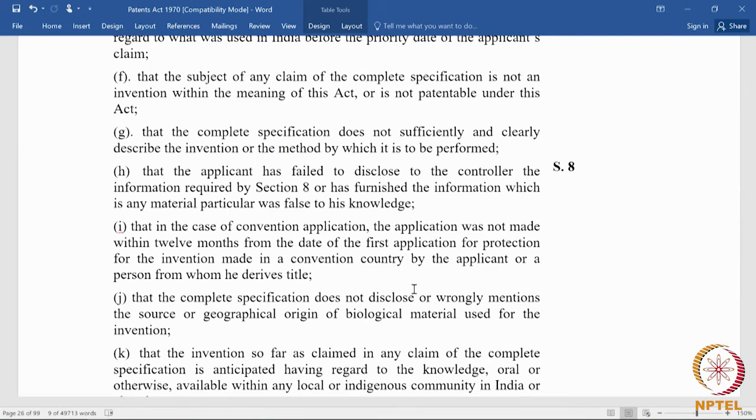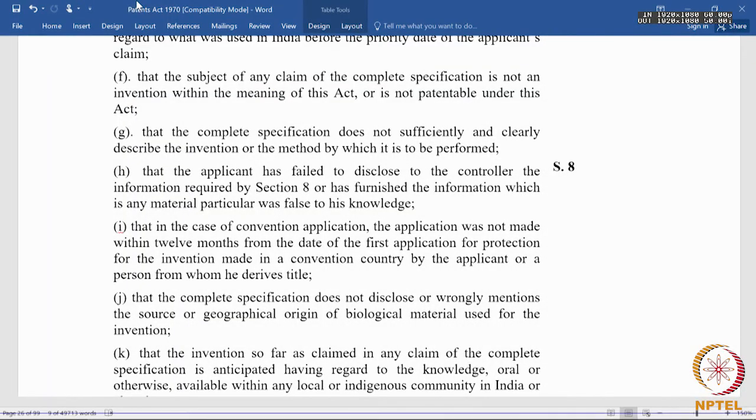Now, just apply it to the swimming analogy. The disclosure does not allow me to do what you are teaching me. What are you teaching me? You are teaching me to swim. It does not help me to do that. So, if the disclosure does not allow a person to do what the invention claims to be, this ground can